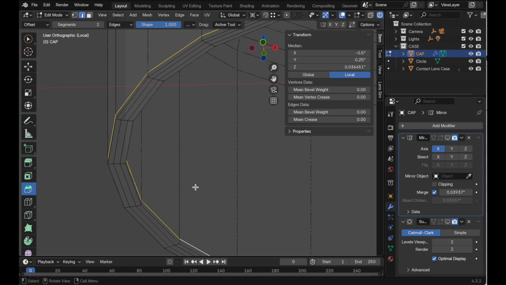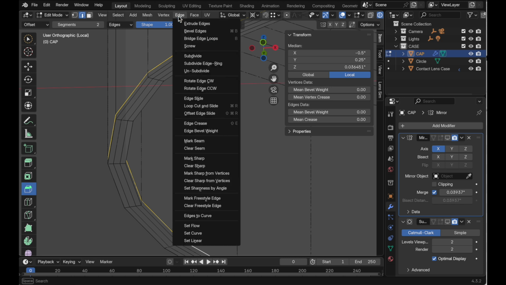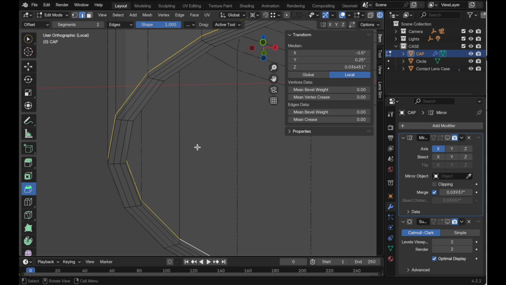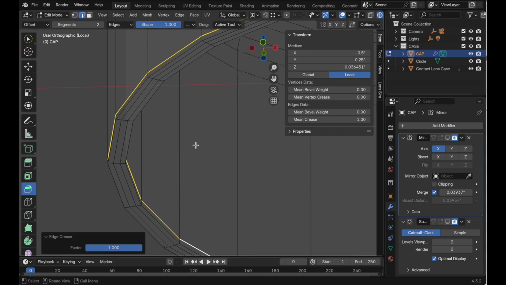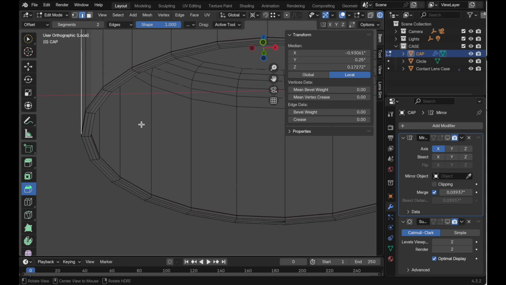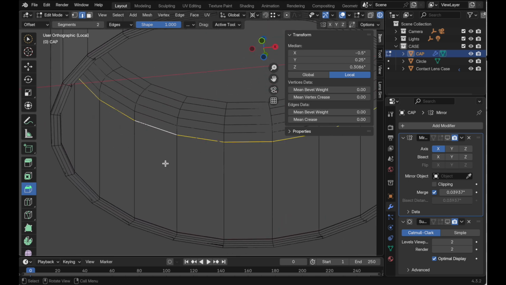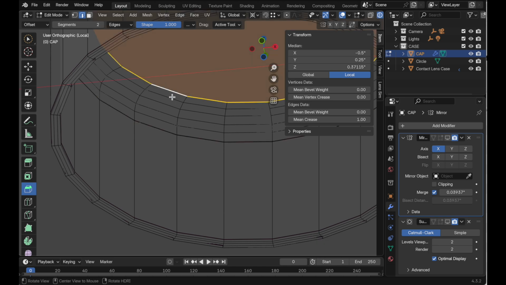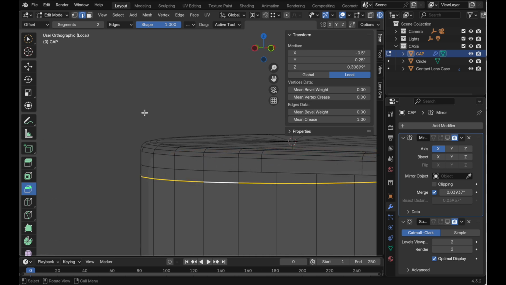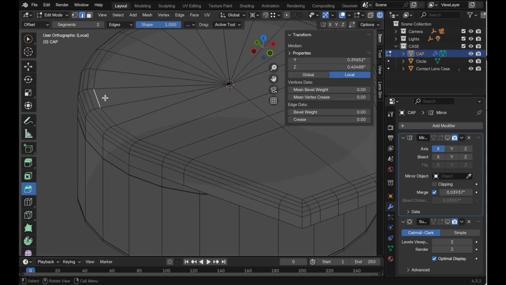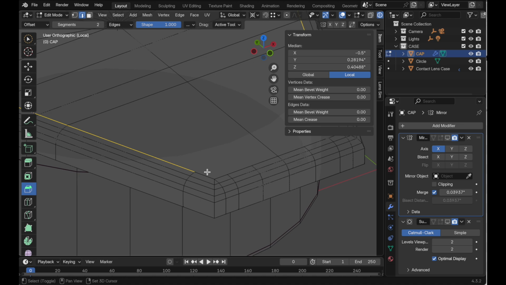Now, the way I tend to do this is if you come up to edge, there is an edge crease here, which is Shift D. So you type Shift D and then simply tap 1, and it automatically assigns it to 1. It's really fast and easy. And the benefit is that you can now just do Shift R. So if you double click here, Shift R, and you come around here, Shift R, it repeats that last command. We can do the same thing here, Shift R, and let's select here around,